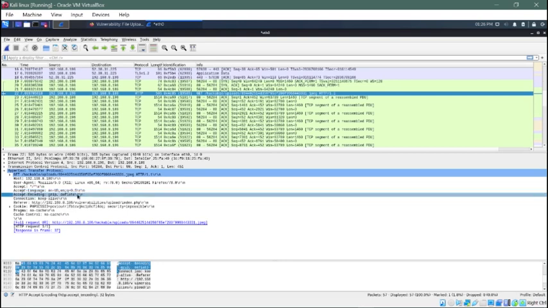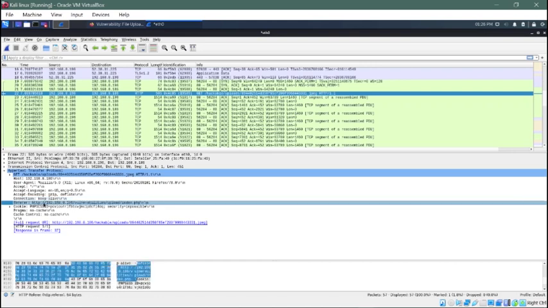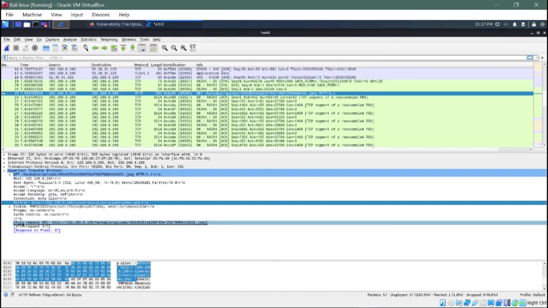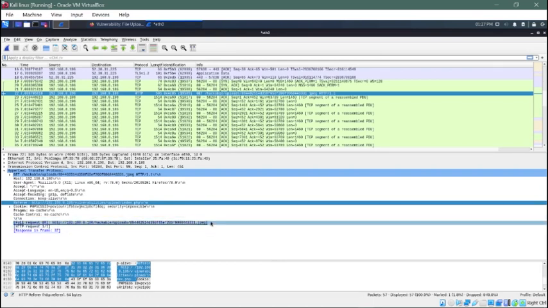Then we have the accepted encoding from client side. The connection keep alive controls whether the network connection stays open after the current transaction finishes. And at last, it's the referrer, which is the full URL that we try to access. And you can see the full request for this JPEG file that we